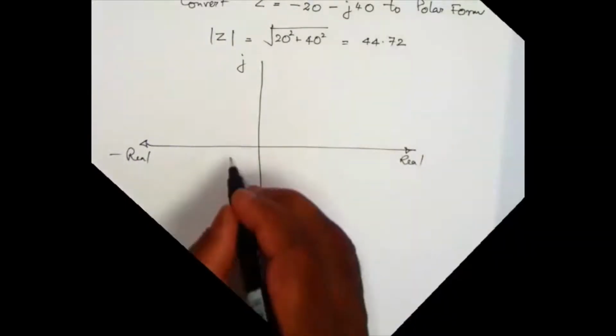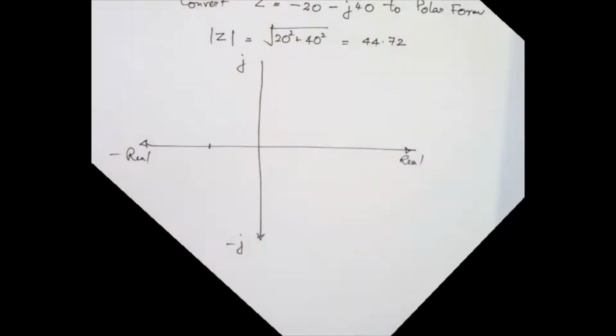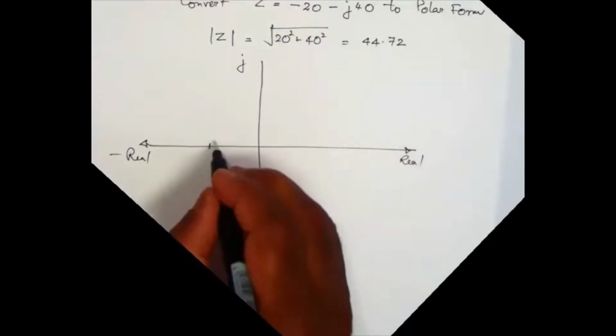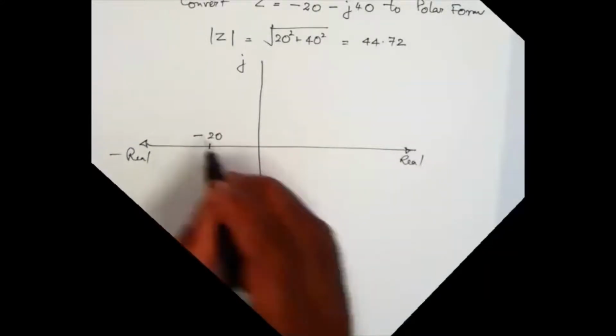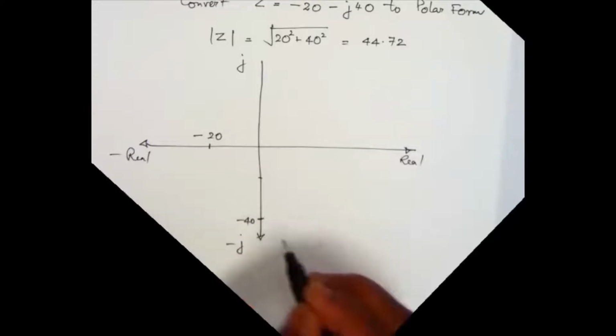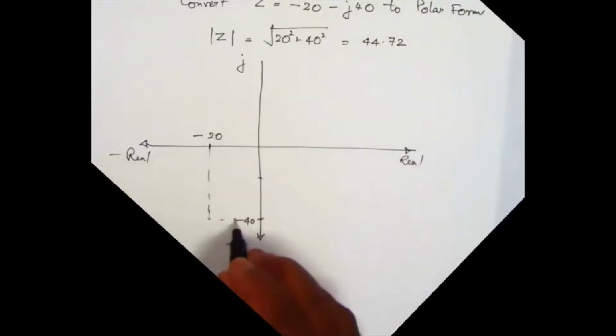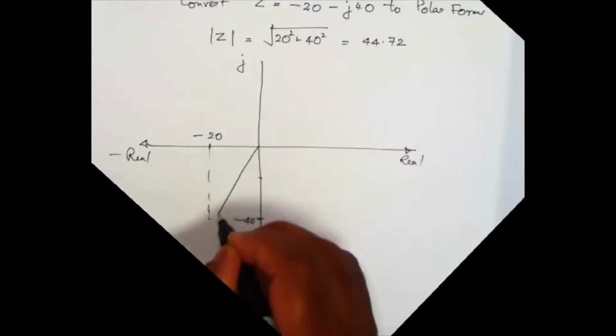That's the negative j axis, that's the negative real axis, that's the positive j, that's the positive real axis. So if we take this part, say somewhere there 20, which is negative, and we take approximately double that because it's 40j, so negative 40 there. So our vector will be somewhere there,